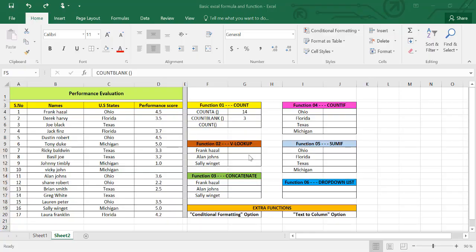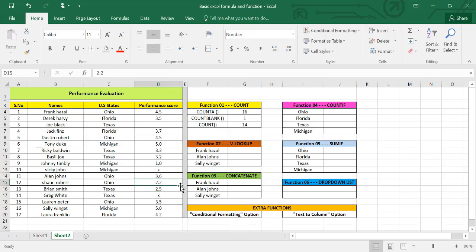Moving forward towards another function, COUNT. Now let's select this cell, equals, type count. You can see COUNT here, double click and select the range, press enter. You will see 14. Now what if some of them don't have any score, or some of them are on a waiting list and need to be evaluated? Like suppose this serviceman is on the waiting list and their score is being evaluated. So for the time being, we have added X